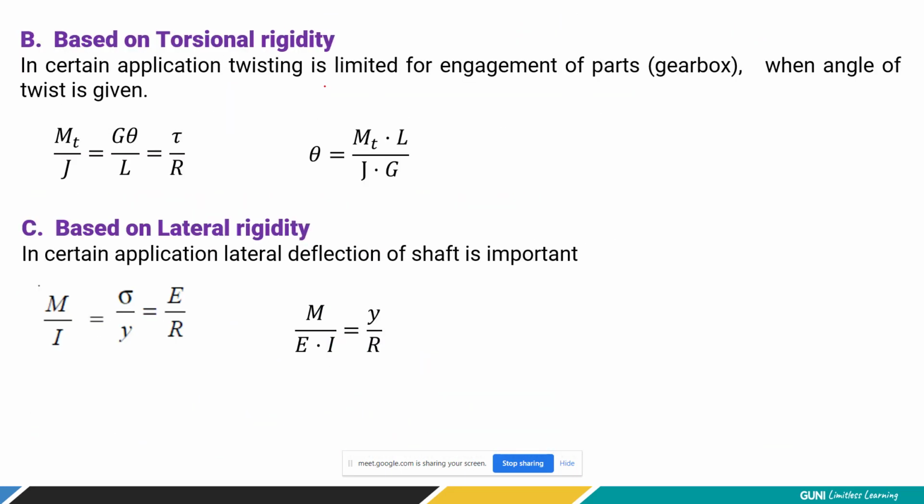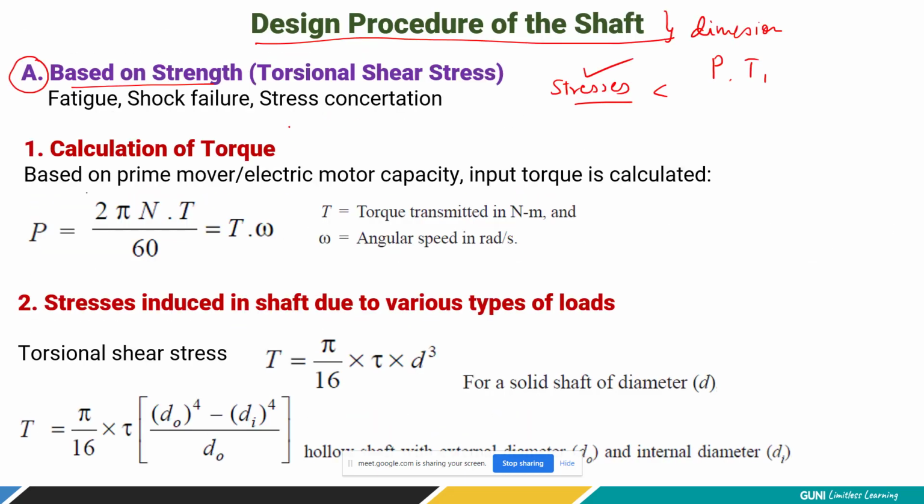Second option is you can say the based on torsional rigidity and the based on the lateral rigidity. On torsional rigidity, we have to limit the deformation of shaft by angular value, right? In previous case A, where we simply limit the stress induced less than the permissible stress. तो केस ए में क्या कर रहे हैं हम, जो भी स्ट्रेस इंड्यूस होने वाली हैं उसको ट्राई करेंगे कि परमिसिबल लिमिट से कम रहे. सो दैट मीन्स व्हाट, इट इज़ ओनली बेस्ड ऑन स्ट्रेंथ. हाउ मच स्ट्रेस इज इंड्यूस हैज़ टू बी रिमेन लेस देन द परमिसिबल, राइट?